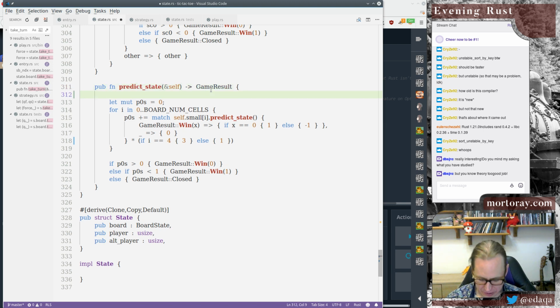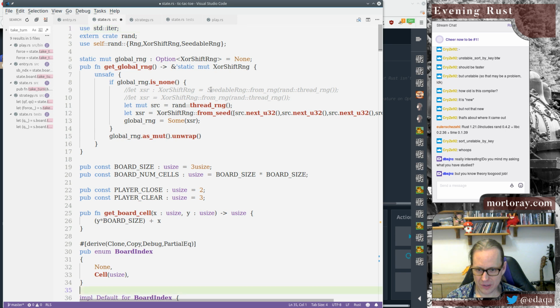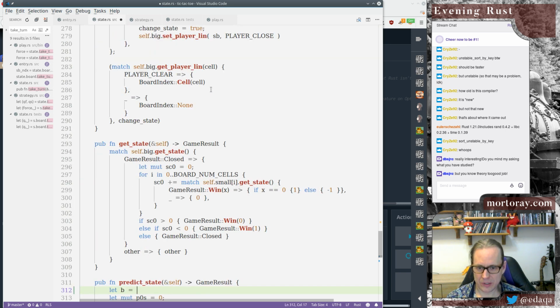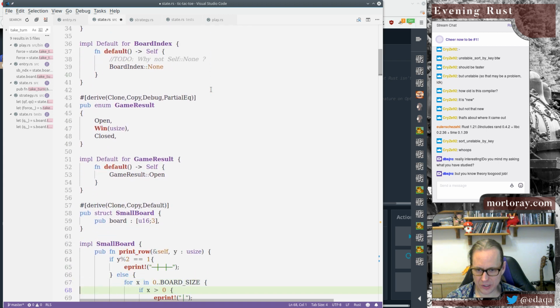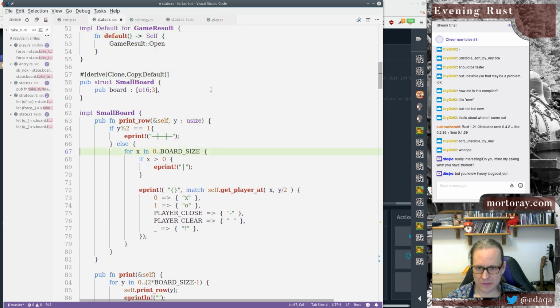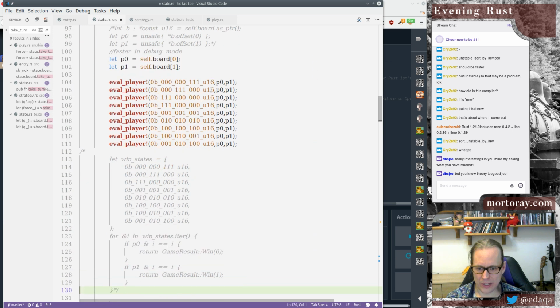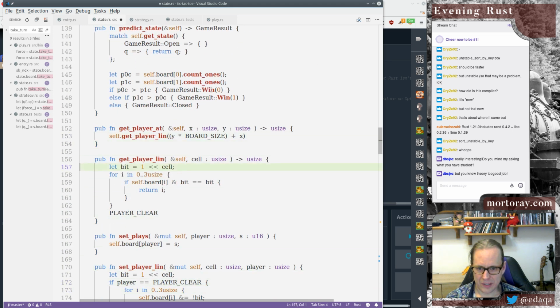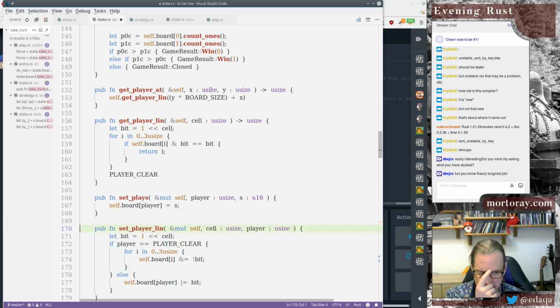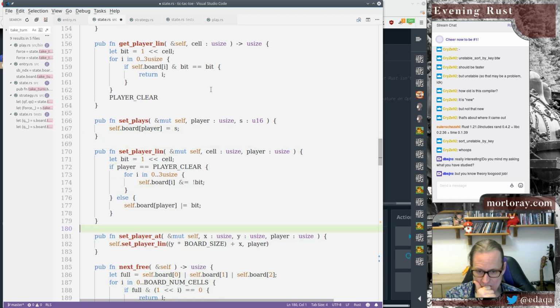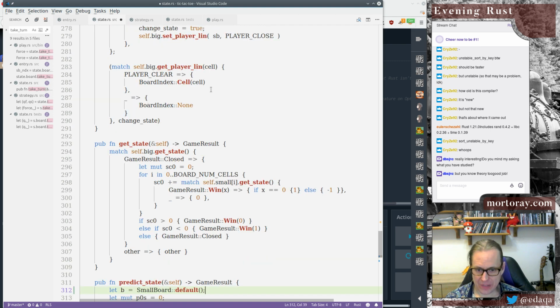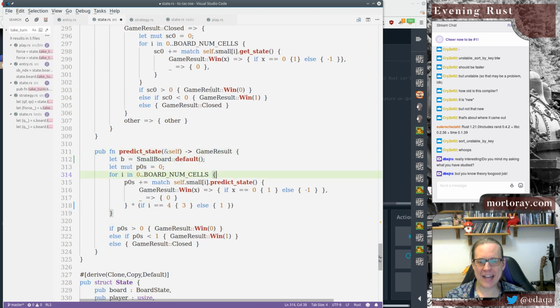We're going to create a new board. Let B equal... What do we even call these things? Small board. Small board. Default, or is it default or new, or what do I call it? Small board has a default. Good. And I can do a set player lin on it. Set player lin. That's what I want. What I'm going to do now for predict state, instead of adding up the small boards,